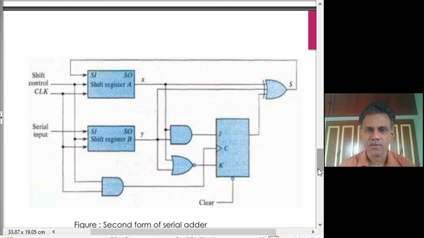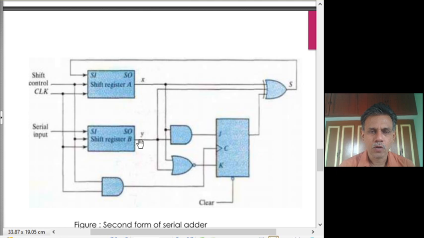See, here what we have done is, we have not used a full adder, and instead of the D flip-flop, we have used a JK flip-flop, which serves the purpose of not only generating the sum input, but also storing the carry input. So the carry is stored in the JK flip-flop, and the sum, which is generated using the bits from the shift register, that is X and Y, and the carry, the sum is being stored in the shift register.